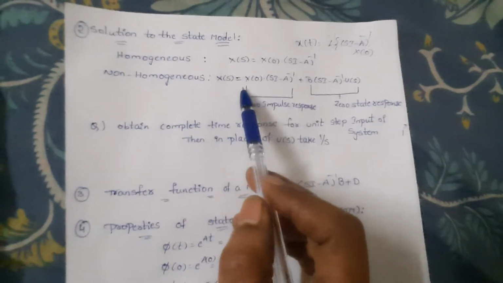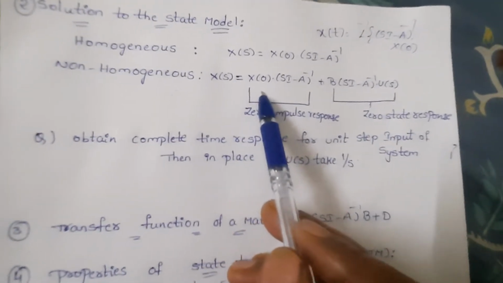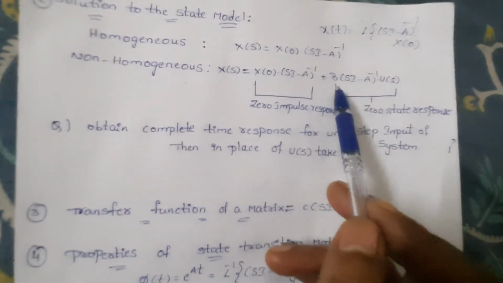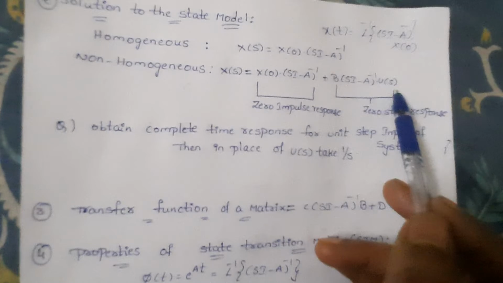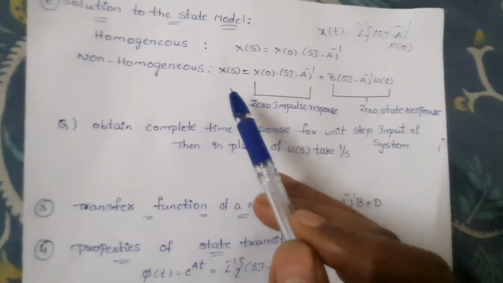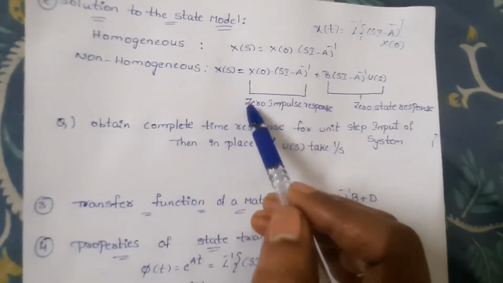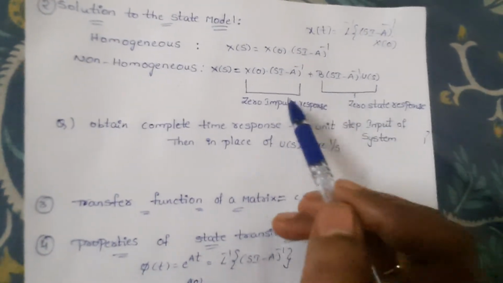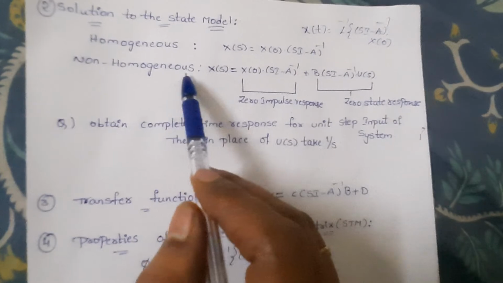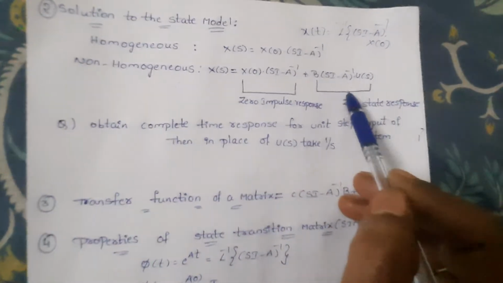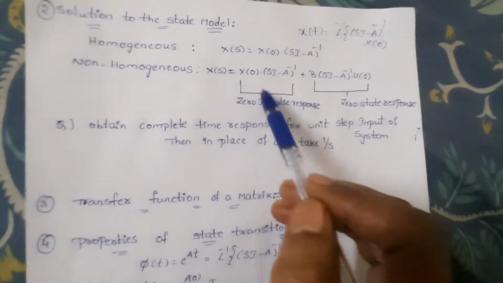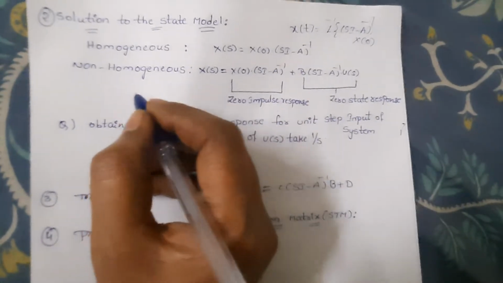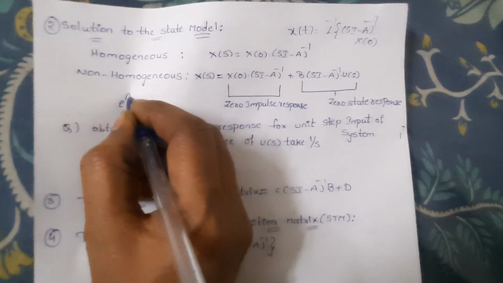Non-homogeneous means you are going to have X(s) = X(0)(sI - A)^-1 + B(sI - A)^-1 U(s). So in the exams, they will ask questions like determine the zero input response, zero state response. This is nothing but the non-homogeneous equation you have to determine. Okay, the zero input response is X(0)(sI - A)^-1, and anyway we learned that e^(At) is equal to